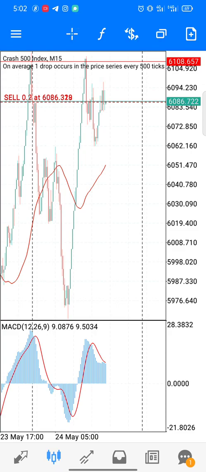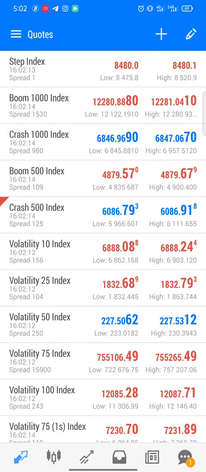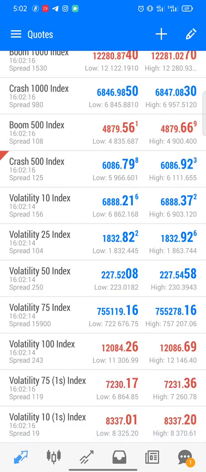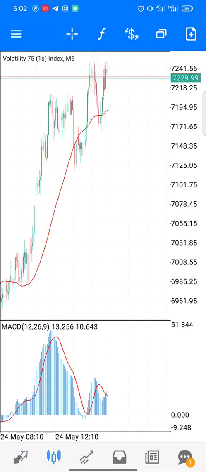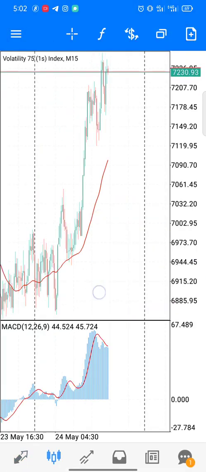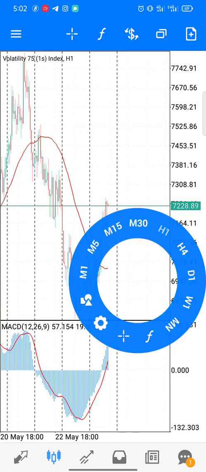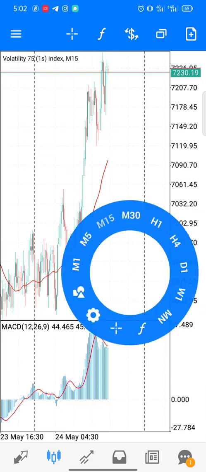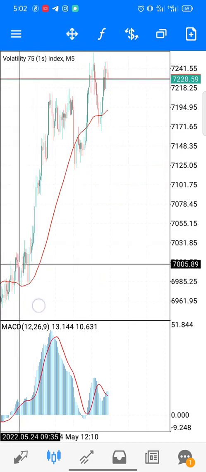That's it, guys. So I've placed a trade on this Crash 500. I'm going to wait to see how it will go. Trying to check out for another chart that I can actually go in for a trade. The 1 hour time frame actually seems to be coming for a sell, but the 15-minute time frame is still going for the buy, and the 5 minute time frame is actually consolidating right here because it has been on an uptrend,